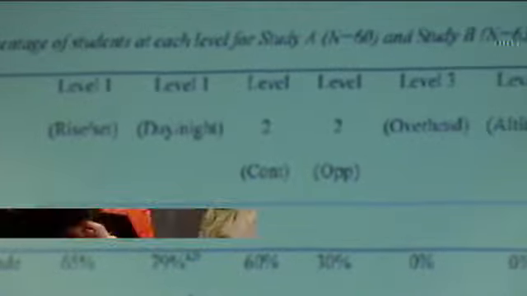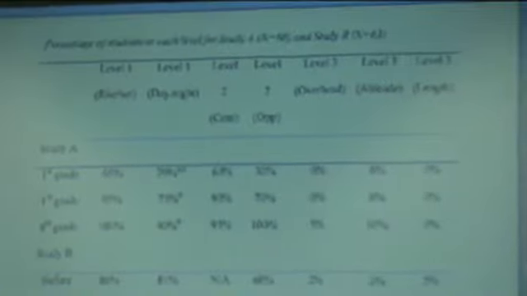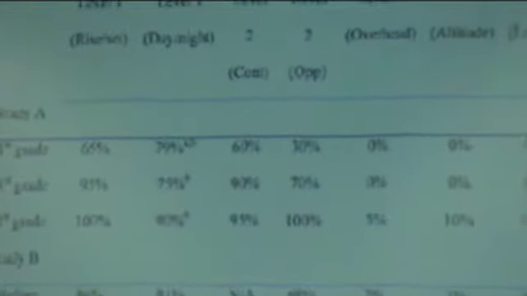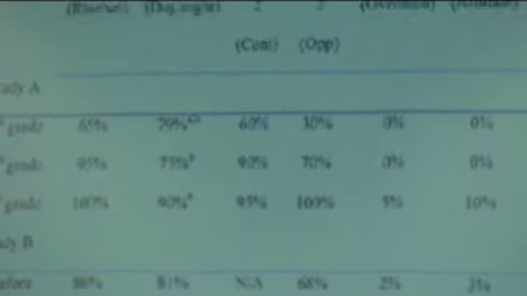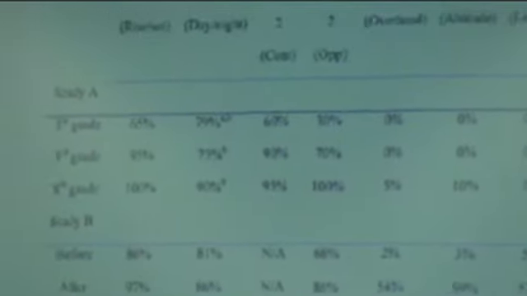Third grade, different cohort. So that wasn't the same group of students. It shows an increase. There's a little bit of noise with that 75%, and it was a modest sample. I suspect if we had followed this through, we would have gotten a little bit cleaner numbers. By the time we get to 8th grade, the numbers have increased dramatically. 100% of them get the idea that the sun rises and sets by the time they're in middle school level. And they know that there's a day and a night 9 out of 10 times.